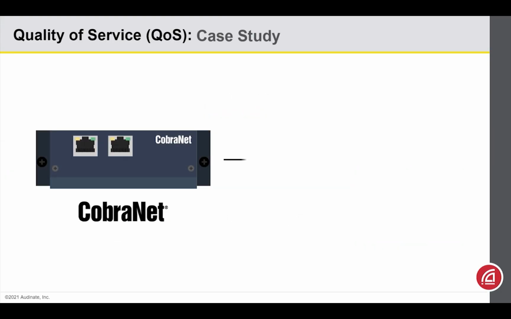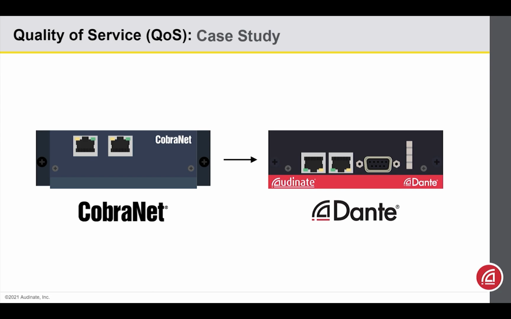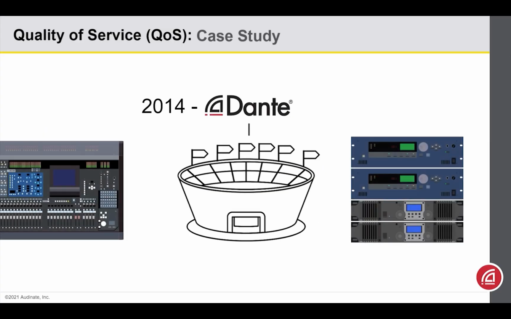In an effort to help, the manufacturers pointed out that the audio devices themselves didn't have CobraNet built in. It was just an option card that was installed. The stadium already had Cat6 cable pulled everywhere, so realistically, all they needed to do was swap out the option cards. And just like that, they've got themselves a Dante system. By 2014, the stadium fully converted to Dante.